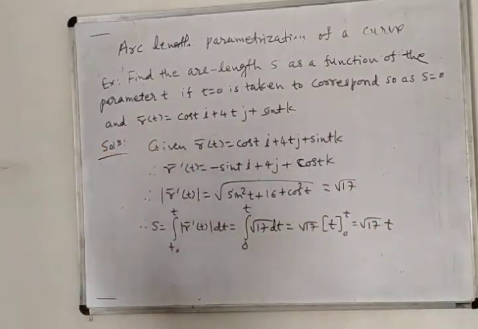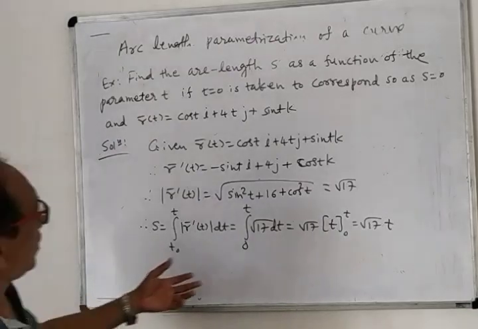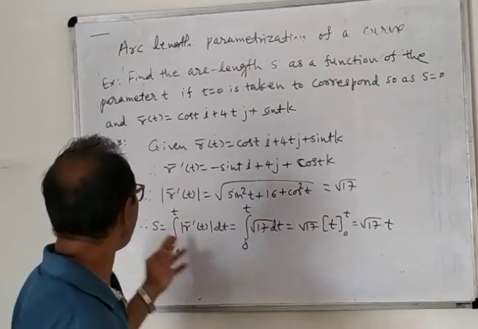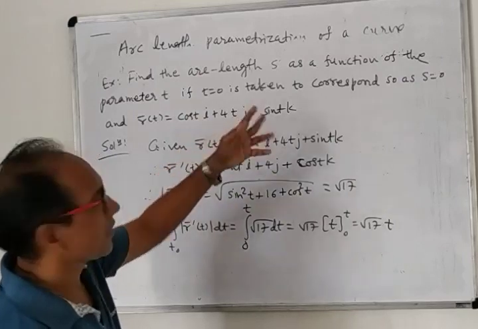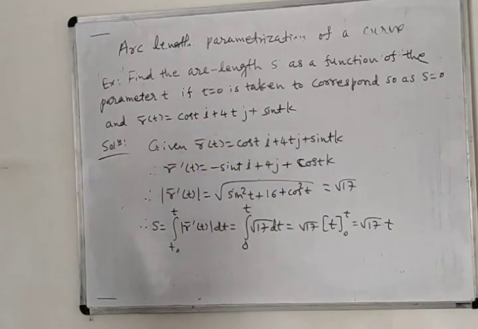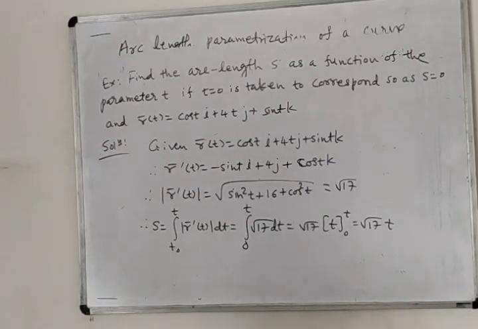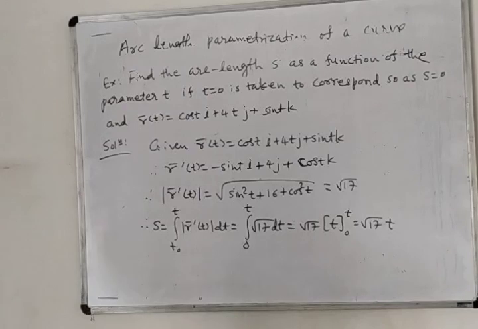So that's all. Actually, we were to find the arc length s as a function of parameter t, and that's what we have obtained. Actually, here parameterization is not asked. If it is asked, then we can write t equal to s upon square root of 17 in this equation, and then we can obtain the final answer. But here, no need to write r bar t in terms of s. Okay. So here is the answer we have obtained, and you can see that this is very simple.